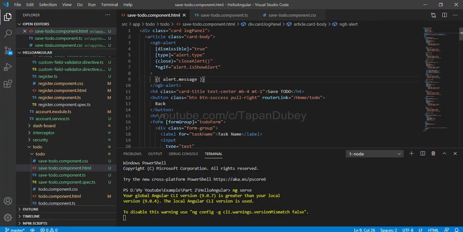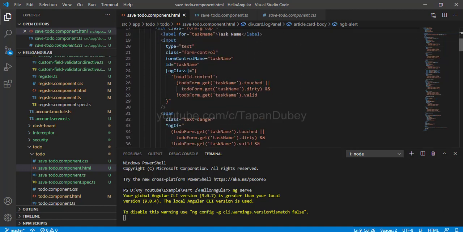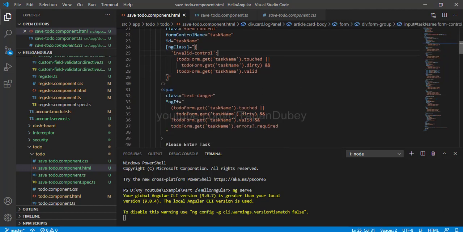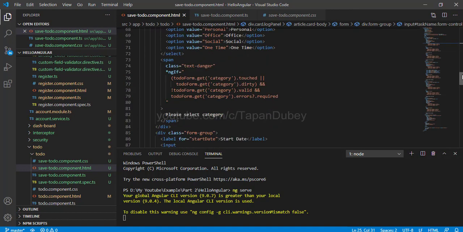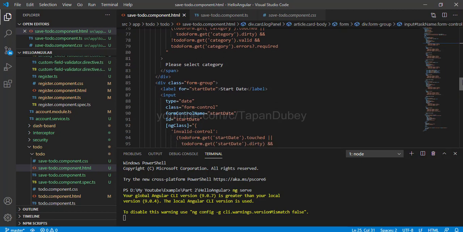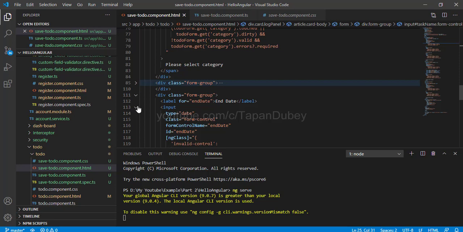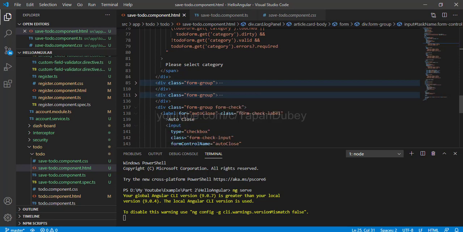So let's start. This is our to do form we developed in the previous video, and we added this form group directive, and in the controls we added this form control name directive in the previous section. In this video, for making a cross field validation, I'm going to use one more directive that's called formGroupName. This is our start date control and this is our end date control. For the form group I need to wrap both the controls, so I will use a div here,